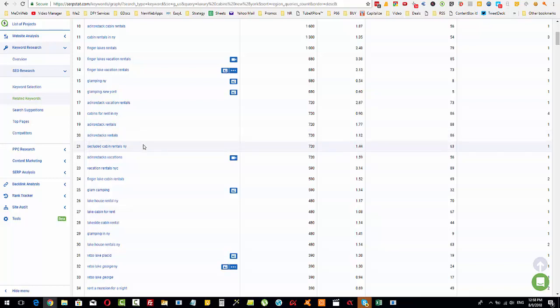Okay, so this is a good way where you can pick up some good keywords that you can probably rank for quite easily, and that gives you the opportunity to get some search volume as well. It's got secluded cabin rentals NY, okay, for New York. I don't think that's going to be overly competitive, to be honest,